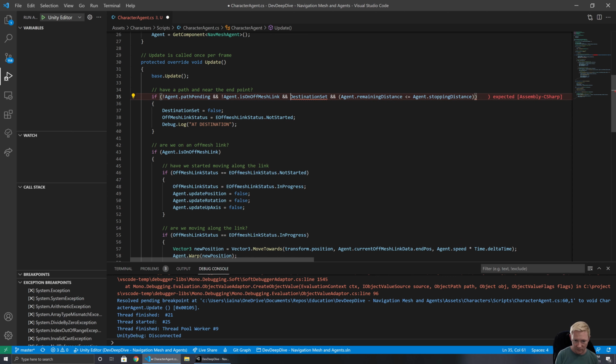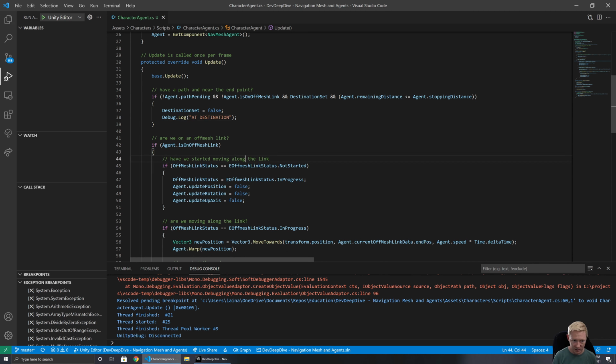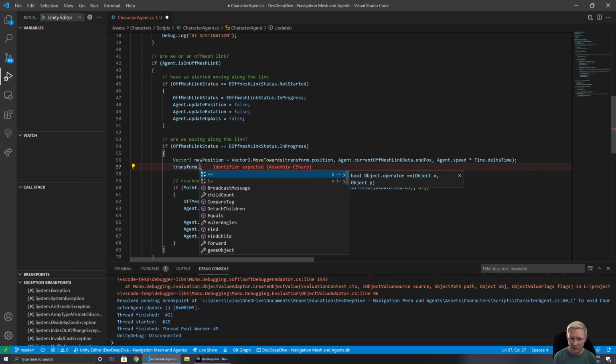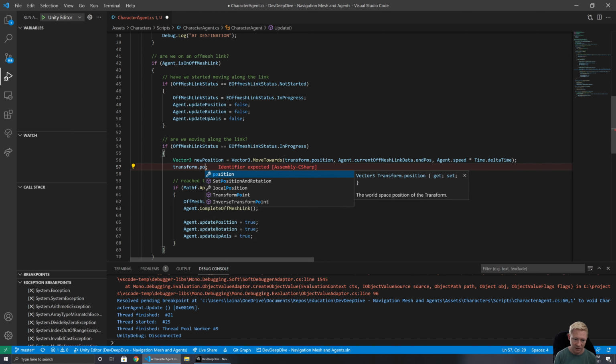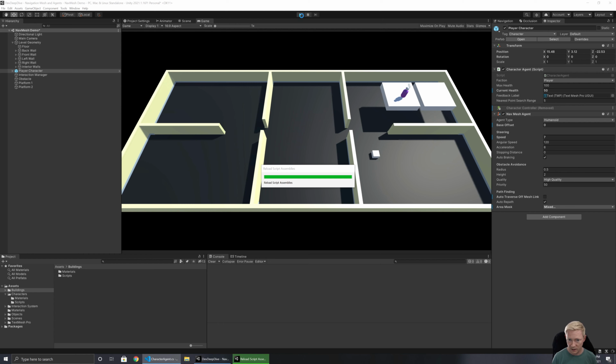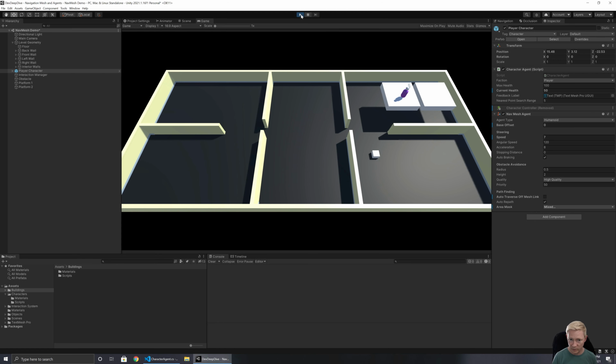not on an off-mesh link, and then we've got these other ones set, which means we don't need to be clearing that status. That just means that while it's on an off-mesh link, we're not going to prematurely complete the behavior there. And then finally, warp is not really going to be reliable in this case, in that we're trying to move off of the nav mesh. So this is where we can just directly set the transform position. So if we do this, then what we can do is we'll be able to run this up,